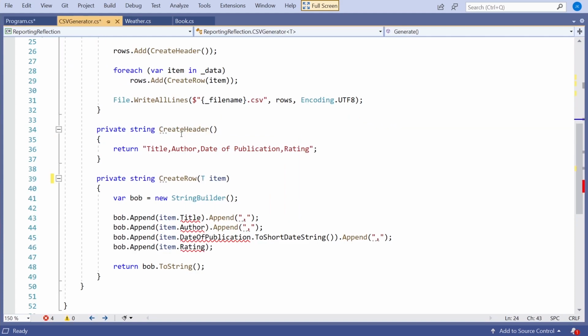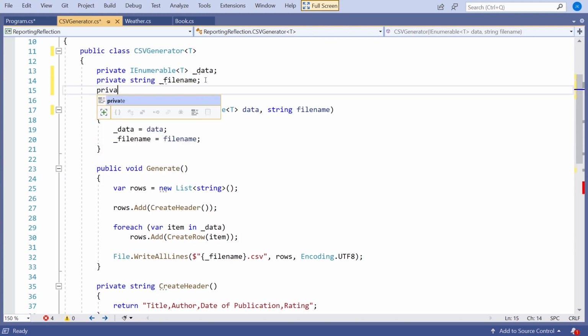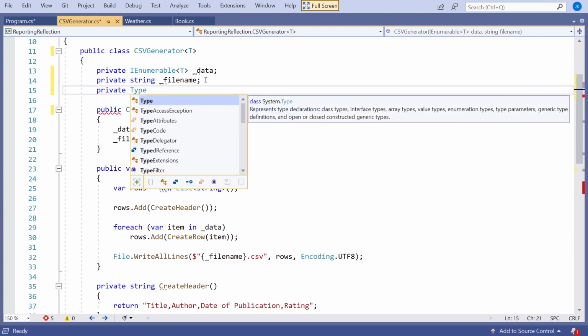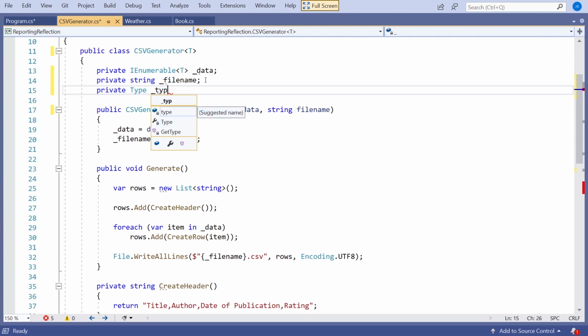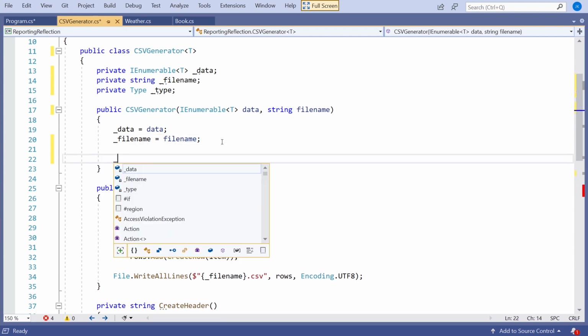But I've still got to obviously make some changes in here, and this is where we start to make use of this idea of reflection. Because to do reflection, what we need to do is get hold of the type object for the data type that we're dealing with, either book or weather or whatever it may be. It can go well beyond all of those. And the way we can do that, let's actually put this in as a member so that we can use it all over the place. So we've got this type, which describes type information about every class, struct, enum, interface, every data type you've got in .NET, whether it's from a library or you wrote it for yourself. Each one has a type associated with it.